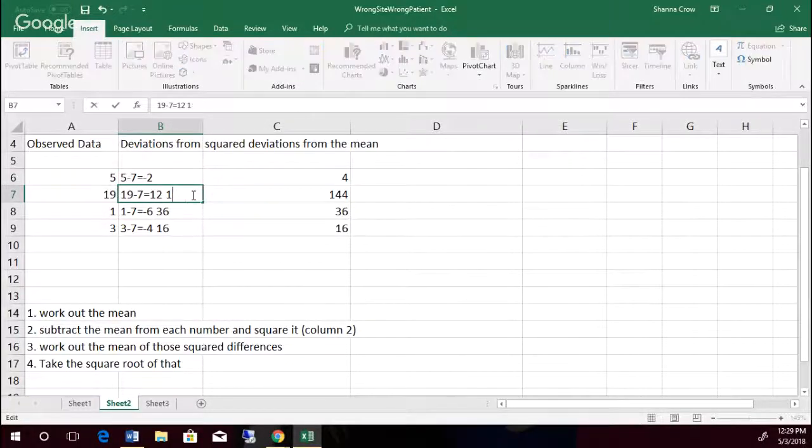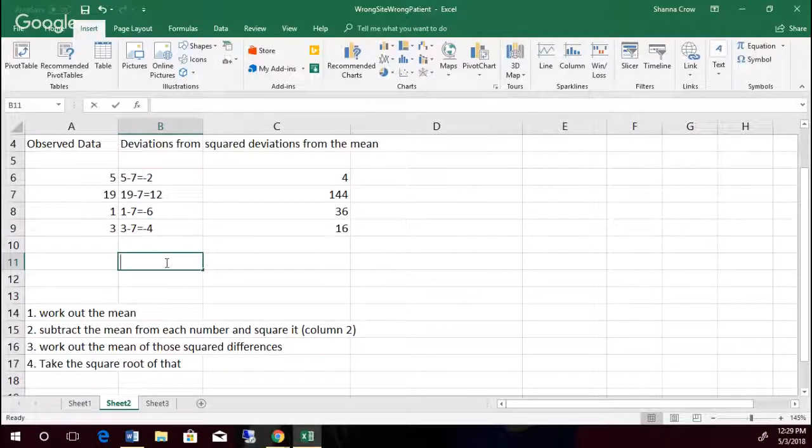Did you just type all those in, or is there a function to do the 5 minus 7? I just typed it in. Okay. But if you want, you can do equals 5 minus 7, and it'll give you the answer. Oh, okay. Interesting. Okay, so